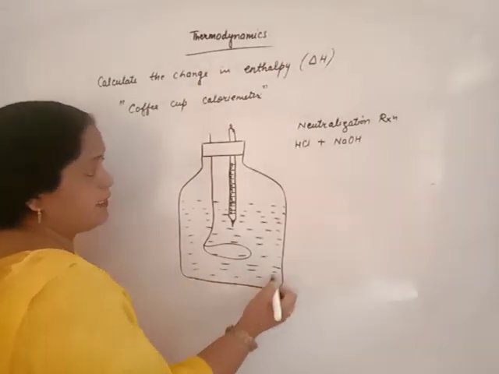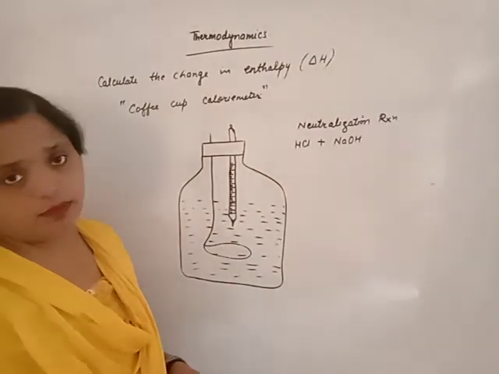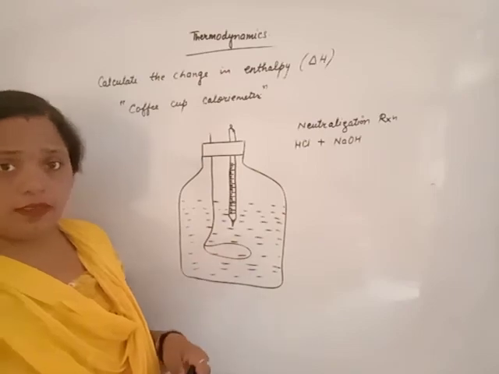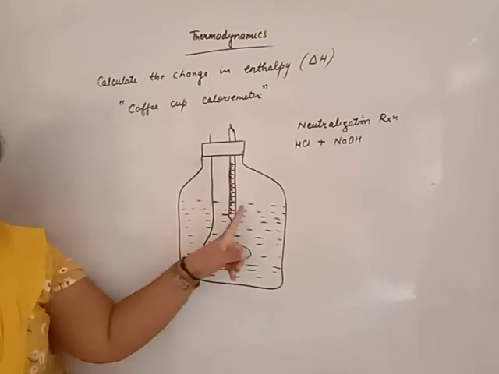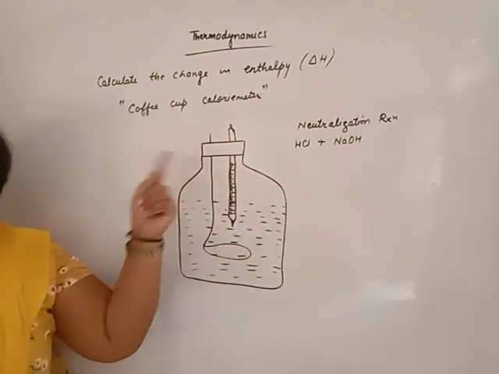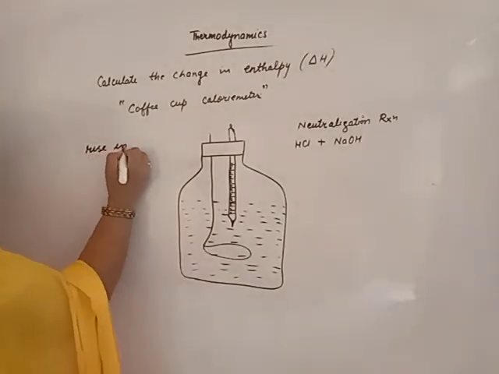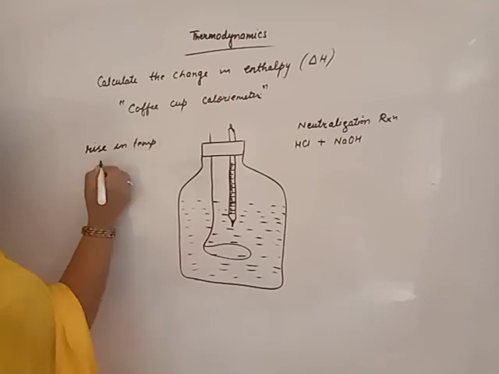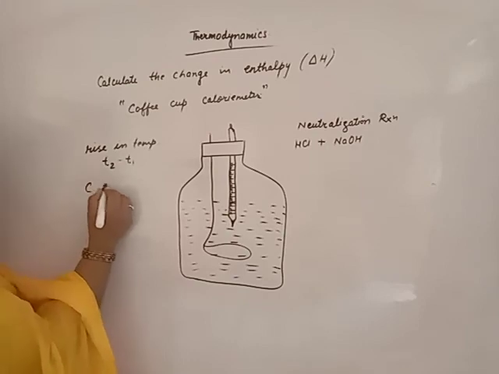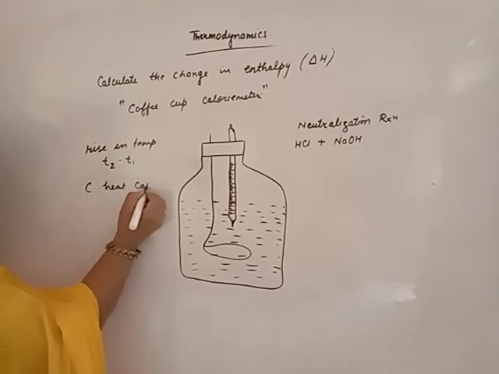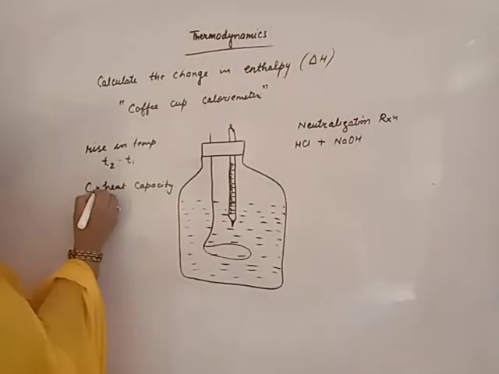First of all, you check the initial temperature of both, that is the room temperature, that is same, known as T1. After mixing, temperature will regularly rise and remain constant. When it rises, temperature remains constant, that is the T2. T2 minus T1 is the rise in temperature, that is final temperature minus initial temperature. We know the heat capacity of this substance, that is approximately same for both the substances.